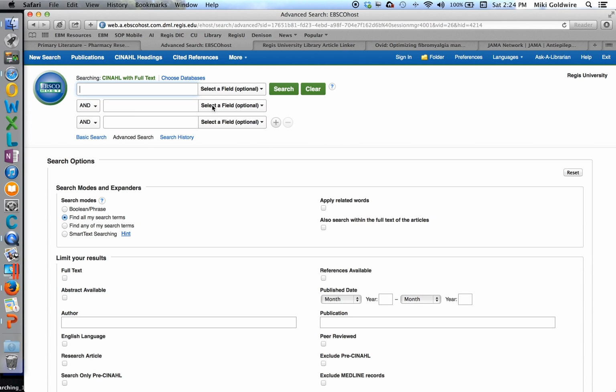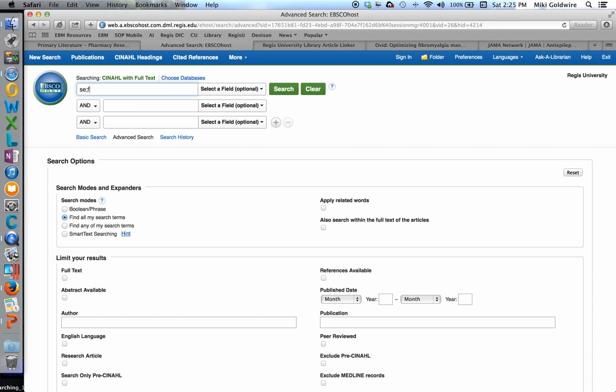Full-text material includes more than 70 journals as well as legal cases, clinical innovations, critical pathways, research instruments, and clinical trials. So again, this works the same way as we just saw in Academic Search Premier in EBSCOhost Medline. I can choose to type in a keyword here. Let's say we want to look up